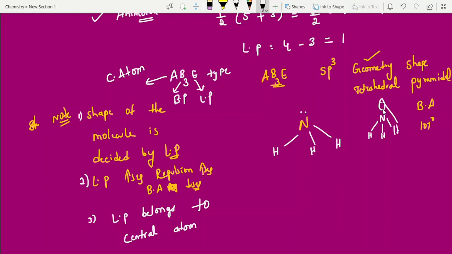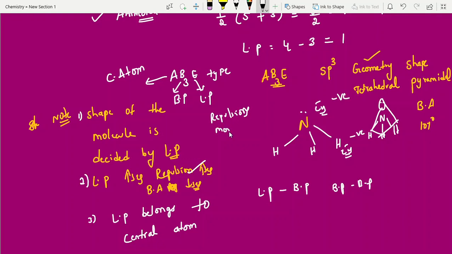But after that, what happened? Repulsions will be there. What is the repulsion, students? I'm writing. Here, this is the lone pair electrons, and this is the bond pair electrons. Lone pair, bond pair. And next, this is bond pair, this is bond pair. Bond pair, bond pair. These are also electrons, right? Electrons are negatively charged. Negatively charged and close, then what happened? Repulsions will be there. If more repulsion, stability will be less. Repulsions more, what happens, students? Repulsions more, stability less.